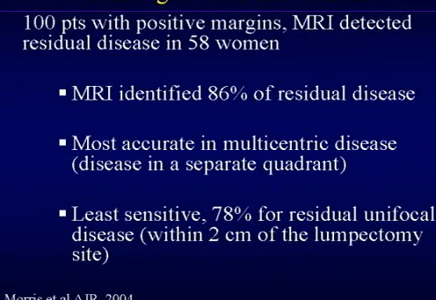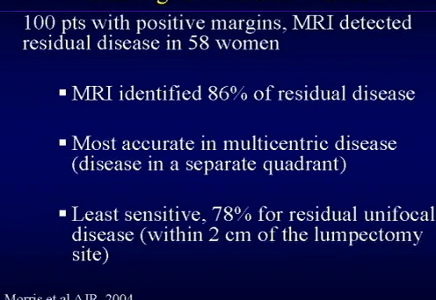Liz Morris has published a study looking at the accuracy of MR in detecting residual disease. And in fact, MR is very accurate, up to 86%. And as you would expect, it is more accurate in finding multicentric disease because really this is disease which should have been detected upfront in these